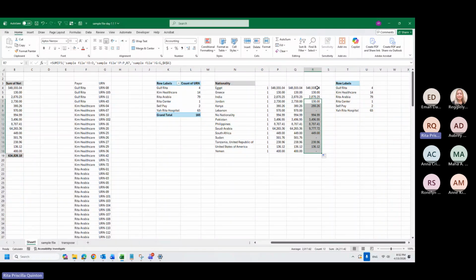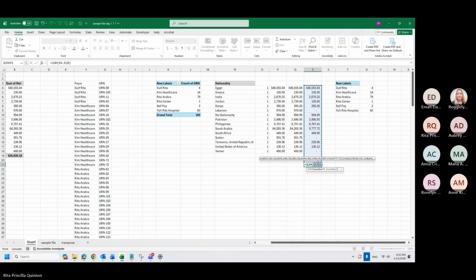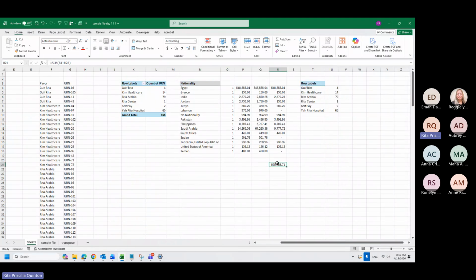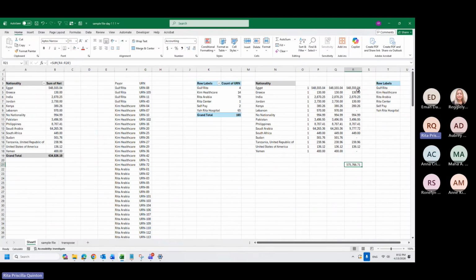Now, if I add this all, I pressed Alt equals, take the sum, it's 575, meaning Rita Arabia should have a total of 575 to make sure that my formula worked. Okay. So I give you the breakdown of the Rita Arabia for each nationality.